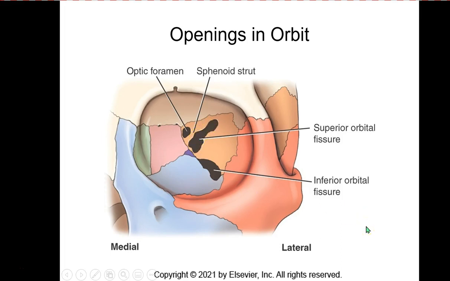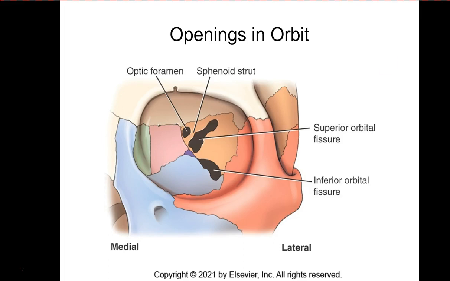That is an opening between the greater and lesser wings of the sphenoid bone, and it's located laterally to that optic foramen. The superior orbital fissure allows for transmission of 4 primary cranial nerves, which control movement of the eye and eyelid. A third opening, the inferior orbital fissure, is located between the maxilla and zygoma bones and the greater